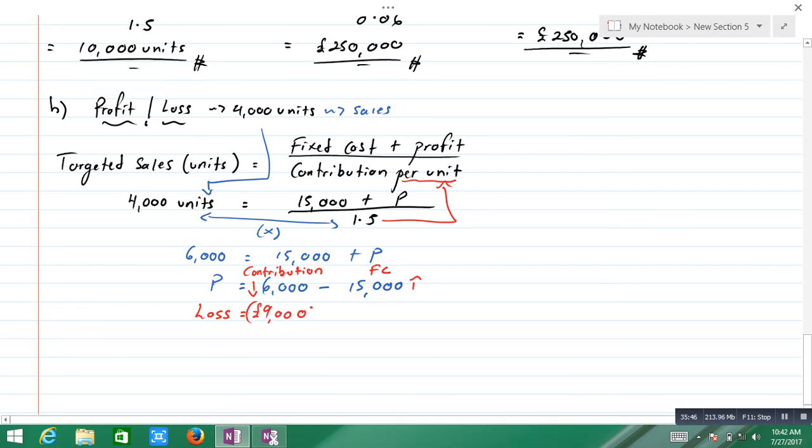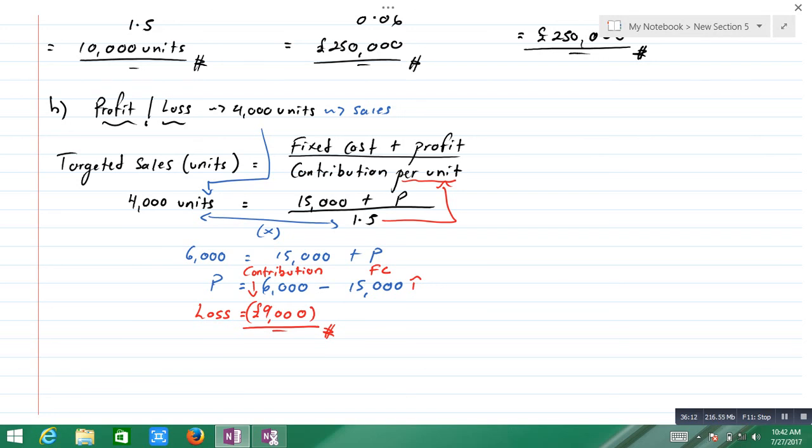Next, now in the next part is going to be MOS units and MOS value, which is margin of safety. So that's going to be actually easy. Okay, let's do the next part. Alright, MOS